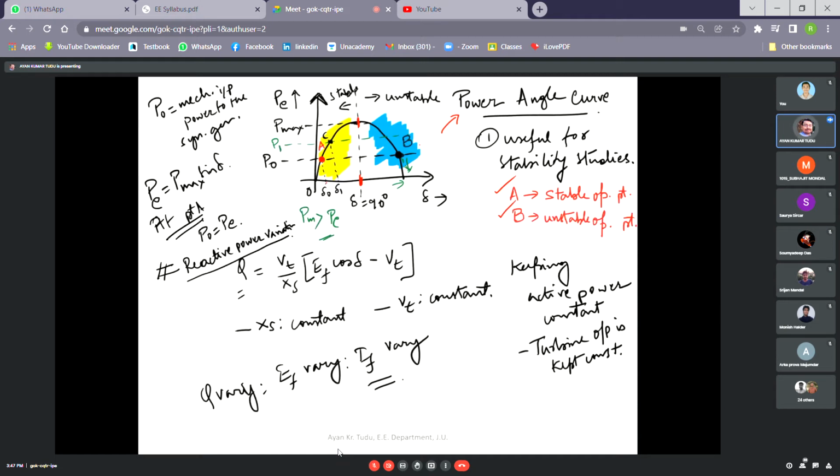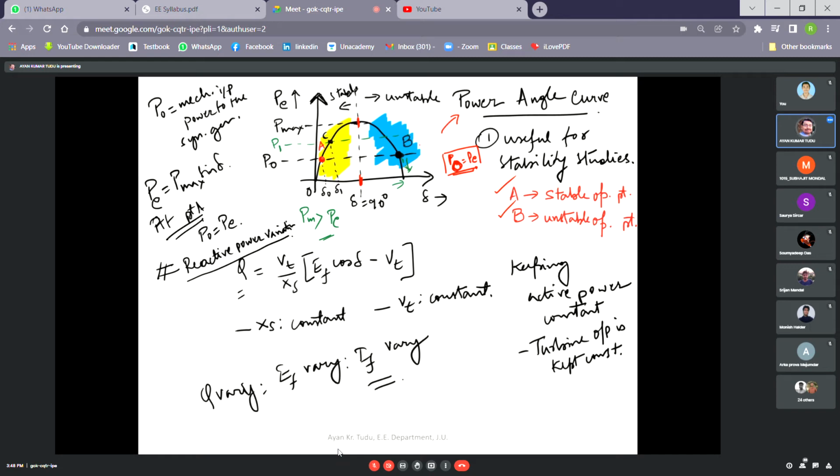If delta 0 was the previous operating point, now the operating point should jump to here, right? So that the condition that PM is always equal to PE, that is P0 is equal to PE, this stable condition should always be maintained. Now if P0 becomes P1, then at the operating point P1 equal to PE was supposed to hold. It should have been the case, but what happens is that whenever there is some accelerating energy